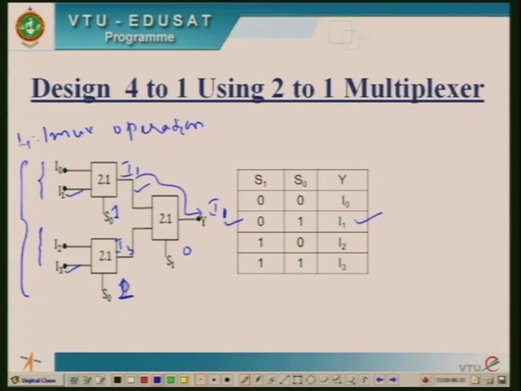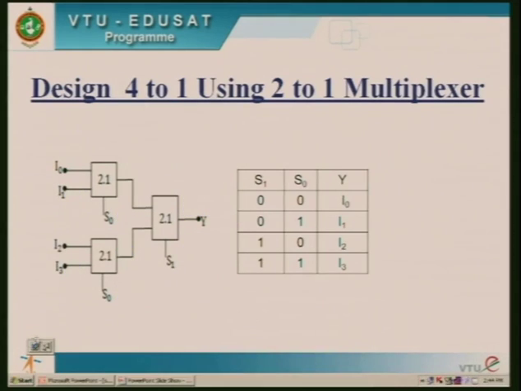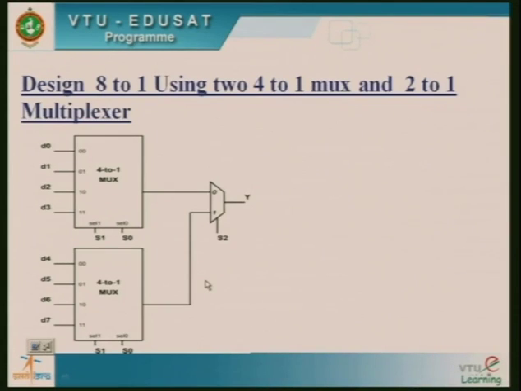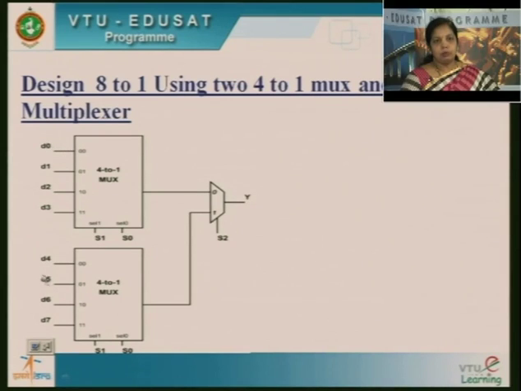So let me discuss about the next design. In the next design you can just see the same over here. We have used designing 8:1 mux using 2 4:1 mux and 1 2:1 mux. So 4:1 mux has got 4 inputs. So similarly over here, and 2 selection lines. Together we give this input as D0 till D3 and D4 till D7. So totally it is D0 to D7 having 8 inputs.